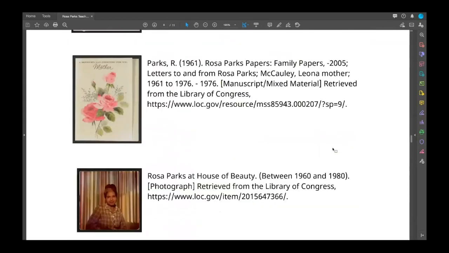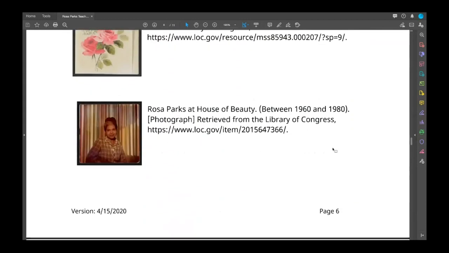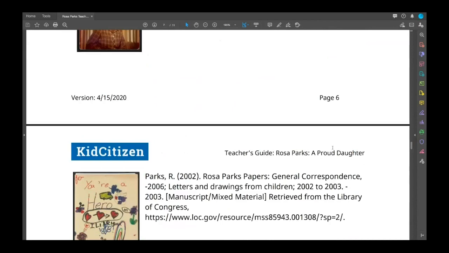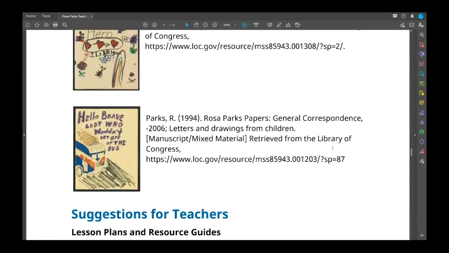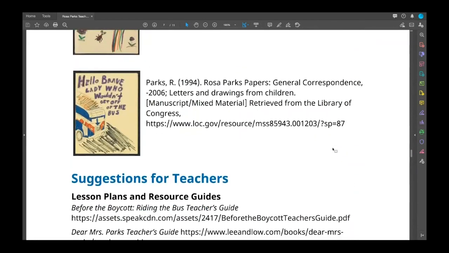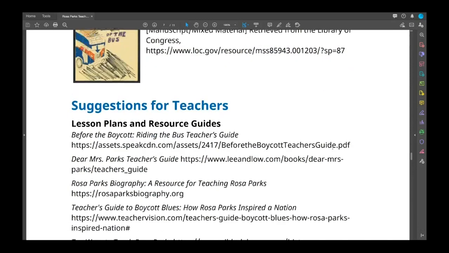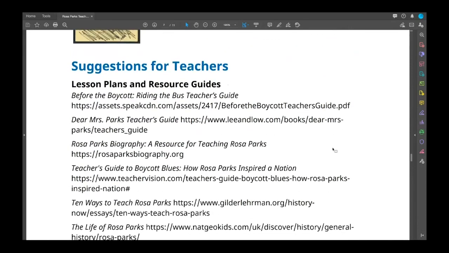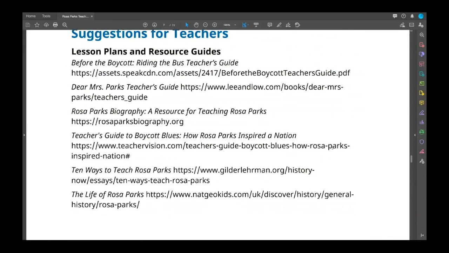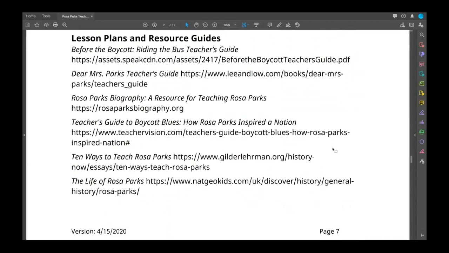And again, these are just great resources that you can use as standalone, as part, or extensions of this. And you can see here the bus cards as well. We also have some suggestions for teachers. We have lesson plans and other resources that you can access based on some of the books that we had mentioned,